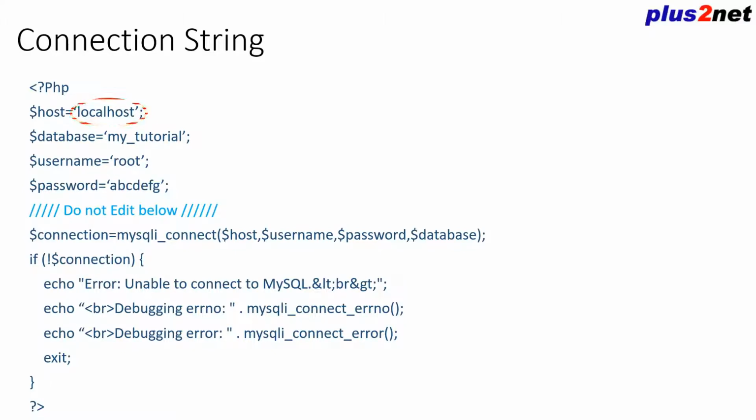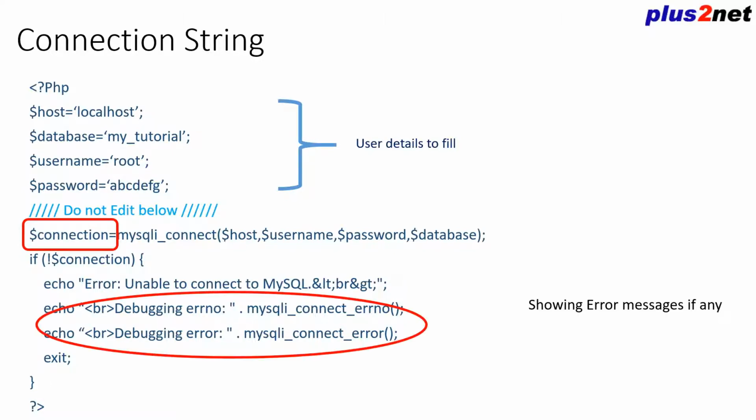While creating the database, you must have created a database already, or you can create it at any time. You feed the database detail here. Similarly, feed your username and fill your password if you have created one already, or you can create one. With all the details filled in by the user, we can get the connection object. It can happen that something in the details we have given may not be correct. In that case, we can generate the error message by using the code below.